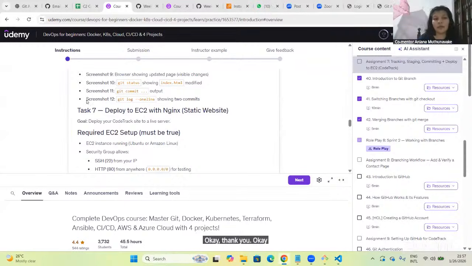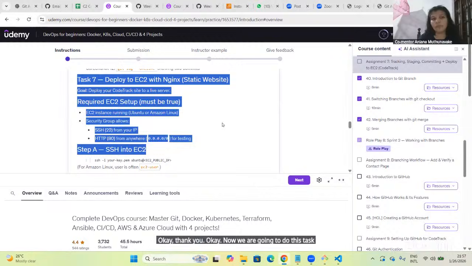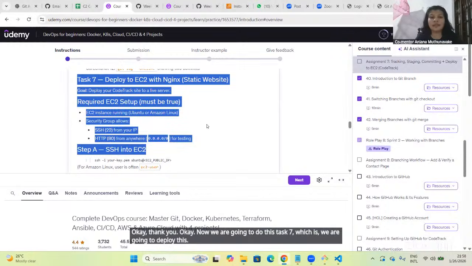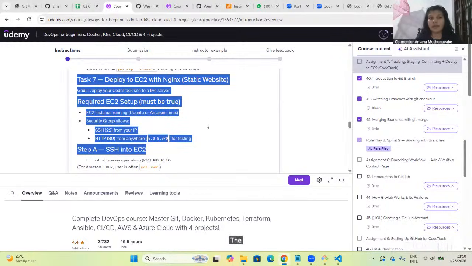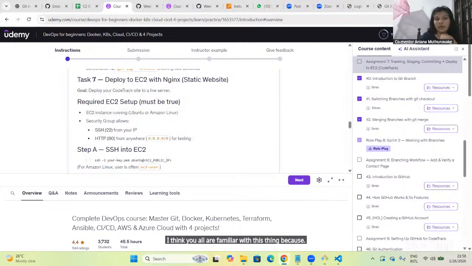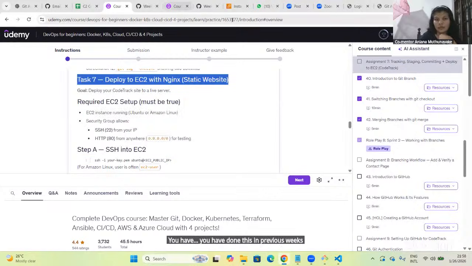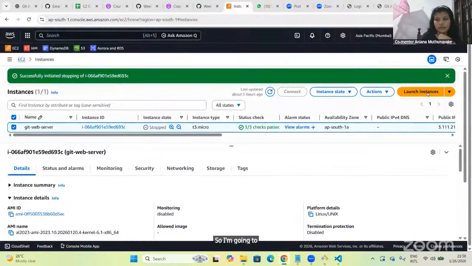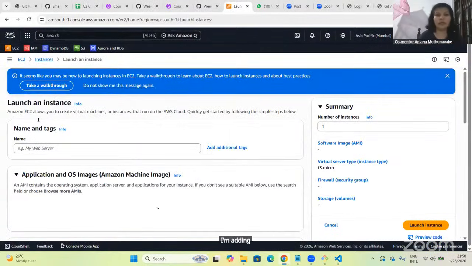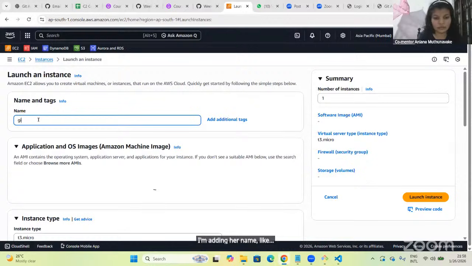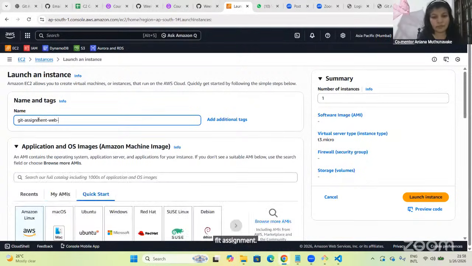Okay, now we are going to do this task 7, which is we are going to deploy the thing we have done into an EC2 instance. I think you all are familiar with this because you have done this in the previous week. So I'm going to do it again. Yes. So I'm going to launch an instance. I'm adding a name like git assignment web server,